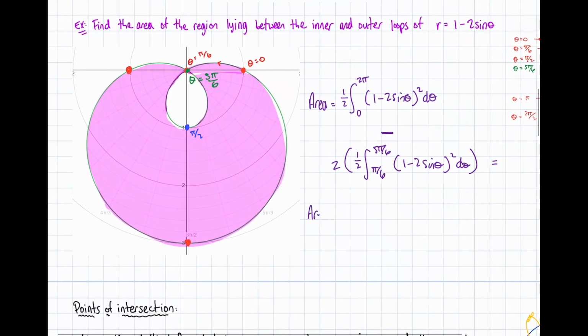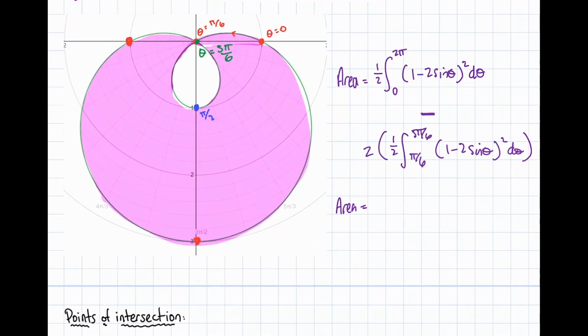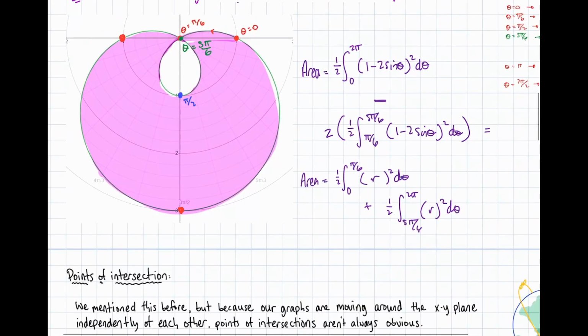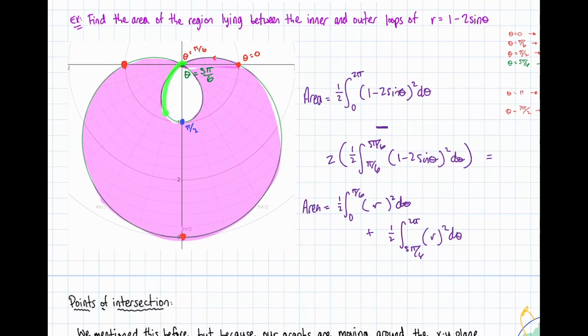Or I could do this. Maybe I'll write this out a little bit less formally. But I'll do 1/2 from 0 to pi over 6. That captures this piece right here, this 0 to pi over 6. I'm going to skip out on the pi over 6 to 5 pi over 6 completely, because I don't want it at all. So then I would do, whatever, r squared d theta. And I'm going to add to it 1/2 the integral from 5 pi over 6 to 2 pi of r squared d theta. That thing goes, so I skip out on this whole part here, but then I go from